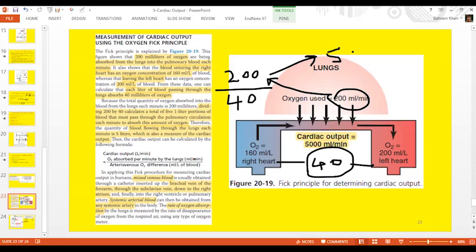So not only will sympathetic stimulation stimulate heart rate, it will stimulate the stroke volume, it will increase the cardiac output, it will increase the force of contraction of the heart. Similarly, parasympathetic stimulation will decrease all these parameters. Parasympathetic stimulation will decrease the heart rate, decrease the force of contraction of the heart, decrease the stroke volume, decrease the cardiac output. Right?